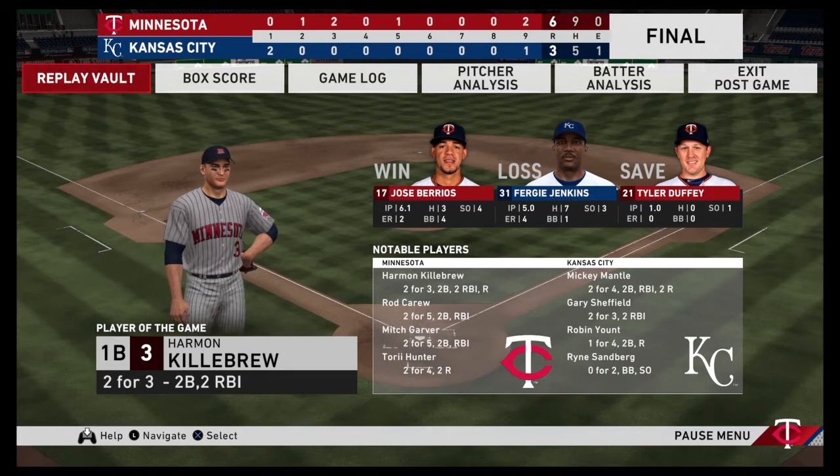The final line score for this afternoon's ball game. For the victorious Twins, 6 runs, 9 hits, no errors. They left 9 runners on base. For Kansas City, 3 runs, 5 hits, 1 error. They left 6 men on base. Time of the ball game, 3 hours and 10 minutes. Our paid attendance at Kauffman Stadium this afternoon